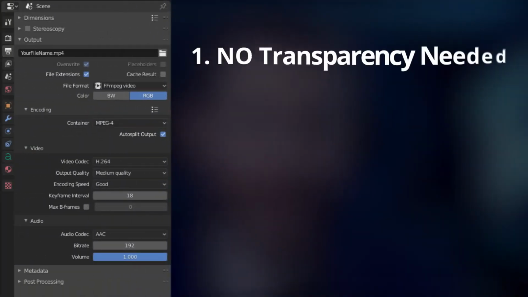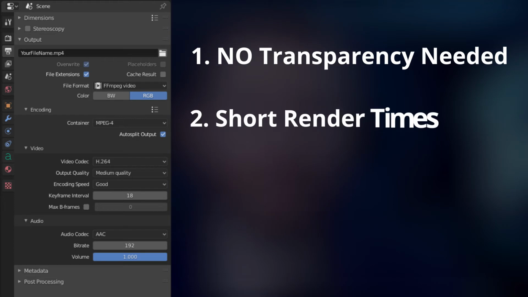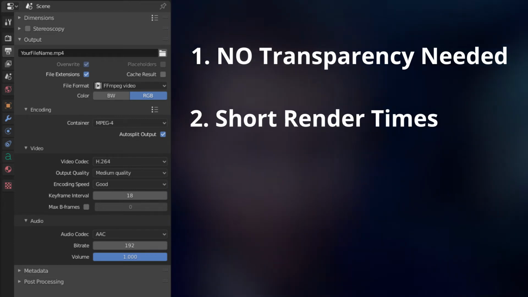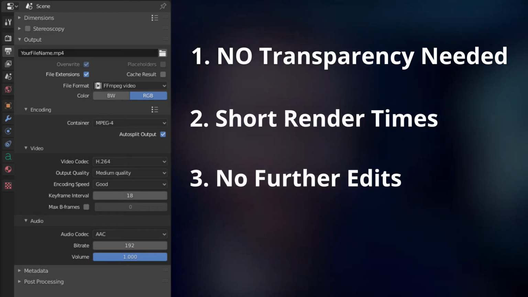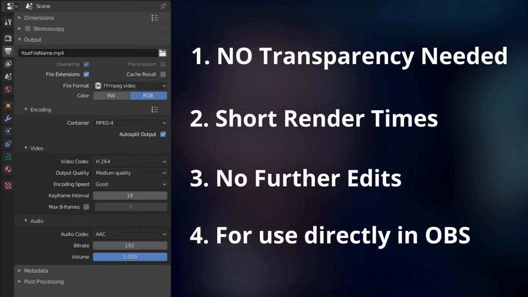I would recommend rendering out as an MP4 with these settings if you do not need transparency, the render times are not long per frame or overall, you are not going to edit your animation further after you render it out of Blender, and/or you're going to use it directly in OBS from Blender. So if you just want to render straight out of Blender, shove it into OBS, and do not need transparency,